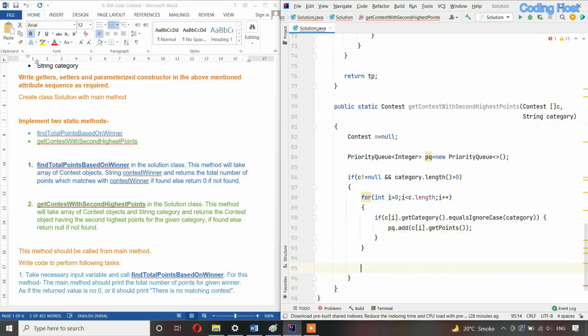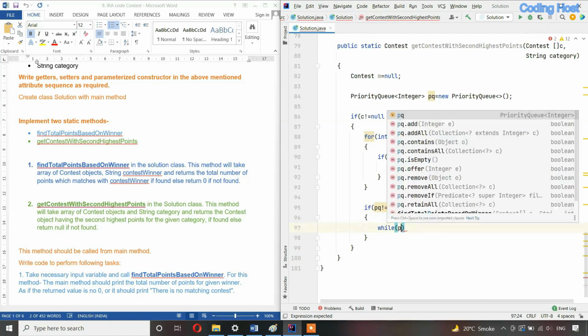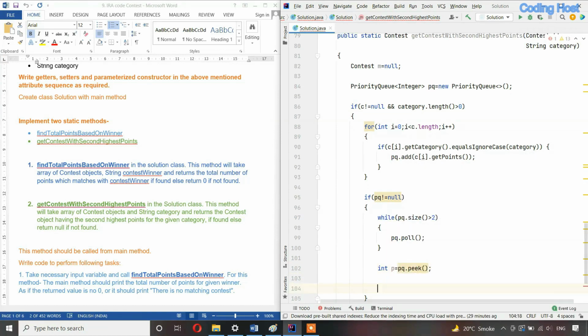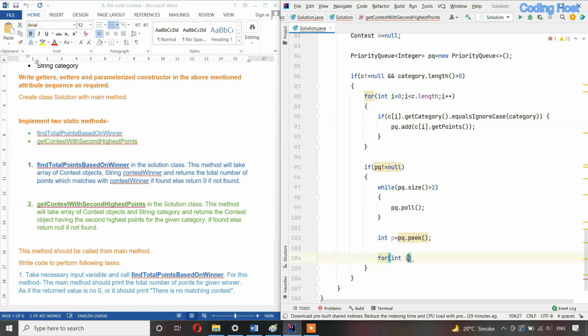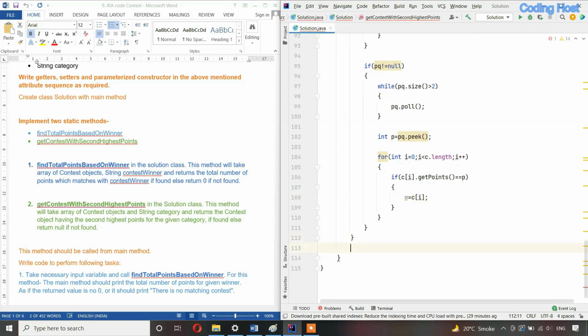After that, outside this for loop, I will take an if statement, if pq not equal to null, and inside this if statement I will take a while loop, while pq.size is larger than 2, so pq.poll, and then I will take a variable int p equal to pq.peek, and after that I will take a for loop for int i equal to 0 and i less than c.length and i plus plus, and if c[i].getPoints equal to p variable, so we will store that object in the m variable, so m equal to c[i], and in the last we will return this m variable